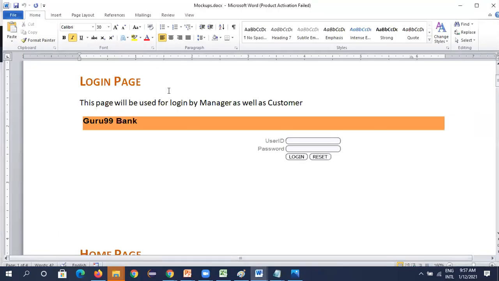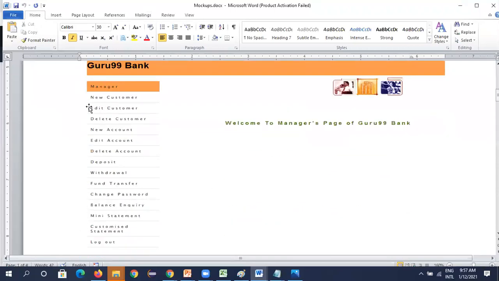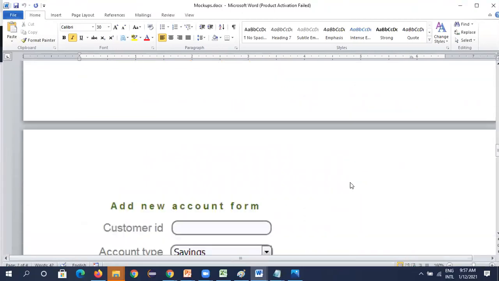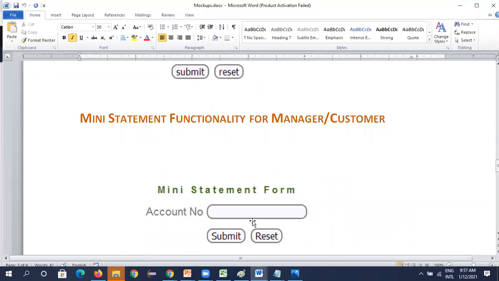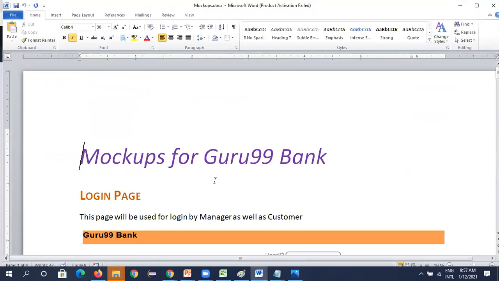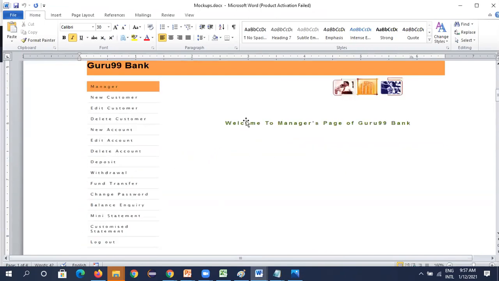If you go through this banking document, login is one functionality, the manager section is one functionality, adding a new customer is one functionality, adding a new account is one functionality. These are all the functionalities. Each functionality is called a scenario. For one page there may be multiple functionalities. Here, new customer, edit customer, and delete customer each have one functionality. Delete customer is one functionality, covering whatever activities you do when you click on delete.